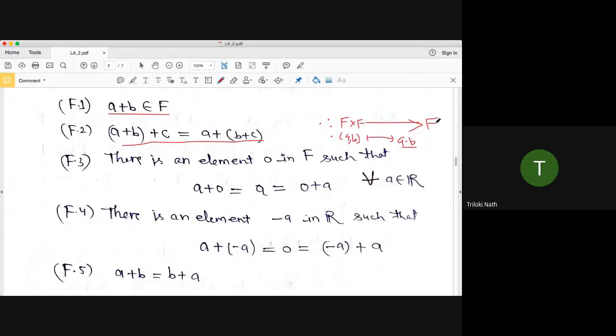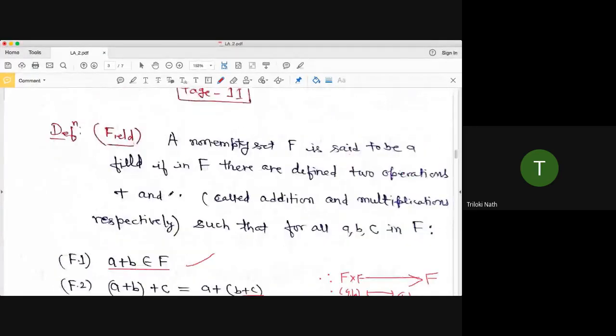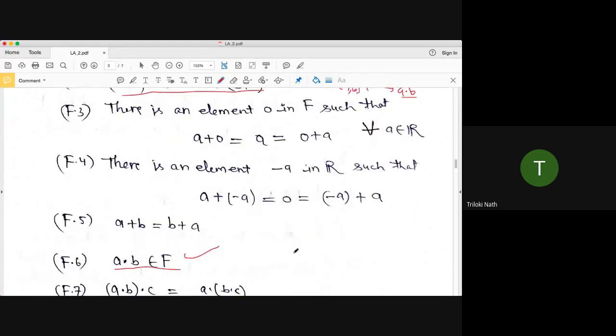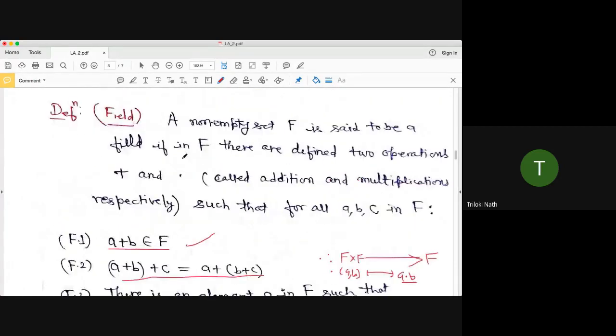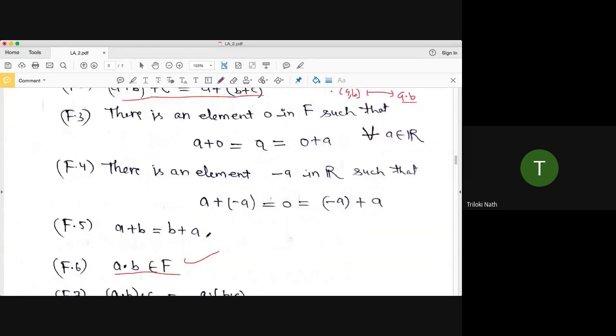In some books you will find these two skipped, and it is just written that plus is a mapping from F cross F to F and dot is a mapping from F cross F to F, such that these conditions are satisfied. So they don't write the closure axiom with respect to addition and multiplication. Anyway, I have written it here as in F. In F means some of the elements of F may be skipped, so this is more appropriate to understand. And you should always check the closure axioms with respect to addition and multiplication. Okay, so let us come to the definition.